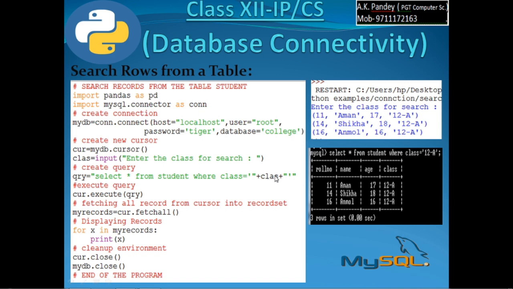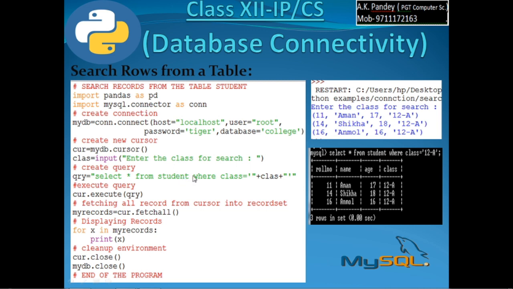You have attached the value of the class with inverted commas on both sides, since clas is a local variable having the class name, so it is in the form of a string. If you have taken a string through the input statement, then inverted commas must be merged on both sides of the string. That is why in this query we have merged inverted commas on both sides of the class variable.